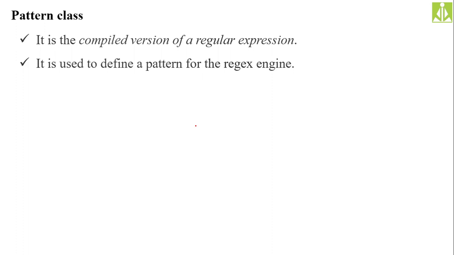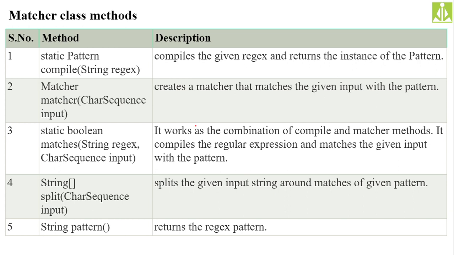So whatever pattern we create with the help of this pattern class, we are going to pass that pattern as an argument to the matcher class. Remember this one. Then here we have different methods under this pattern class. Here I wrote matcher class, but it is not matcher; all these methods are pattern class methods. Here this is wrong. So under the pattern class, what do we have? We have Pattern.compile.